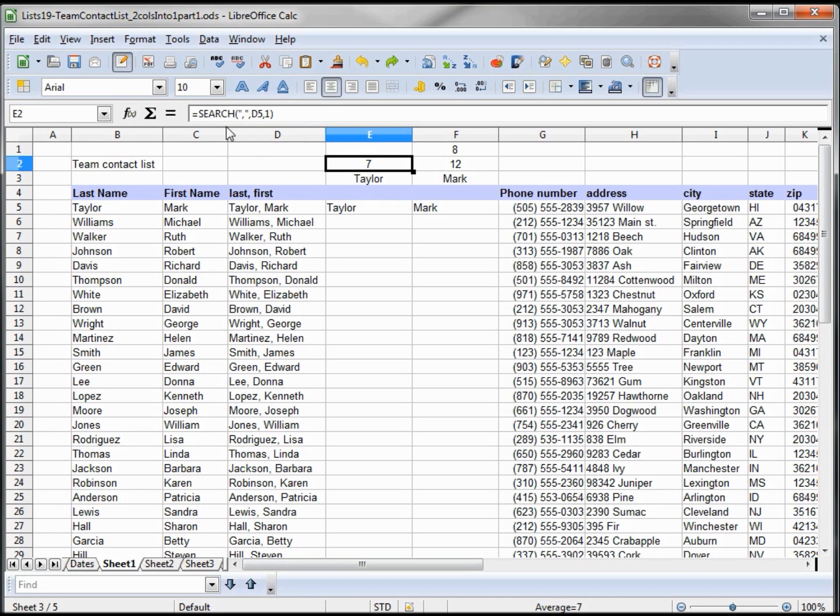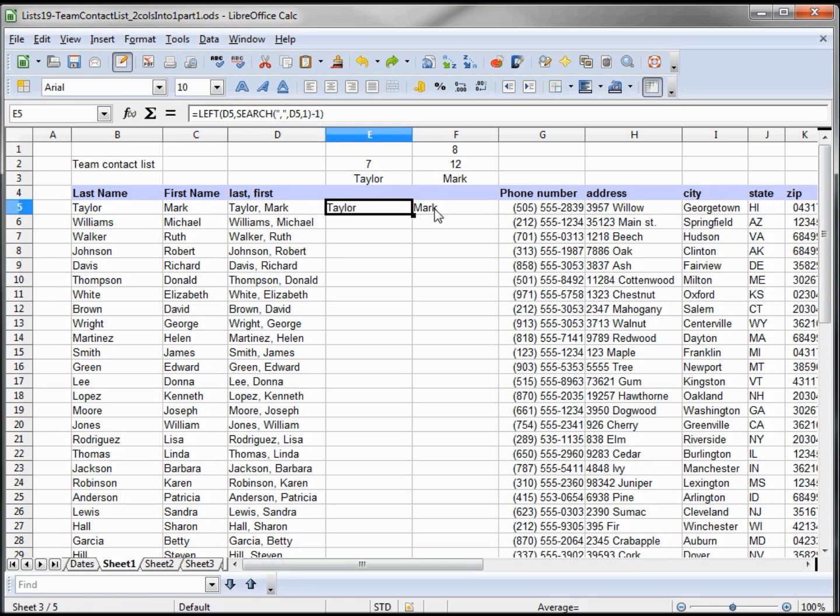So we're saying search till we get the comma, D5, comma, 1, but we get 7 here. How are we getting 6? Because in here we're subtracting 1 from the 7. So that's where we get our LEFT D5, SEARCH D5 till we see the comma, 1, and then -1. We got to subtract the 1. So that's how we're getting the Taylor.